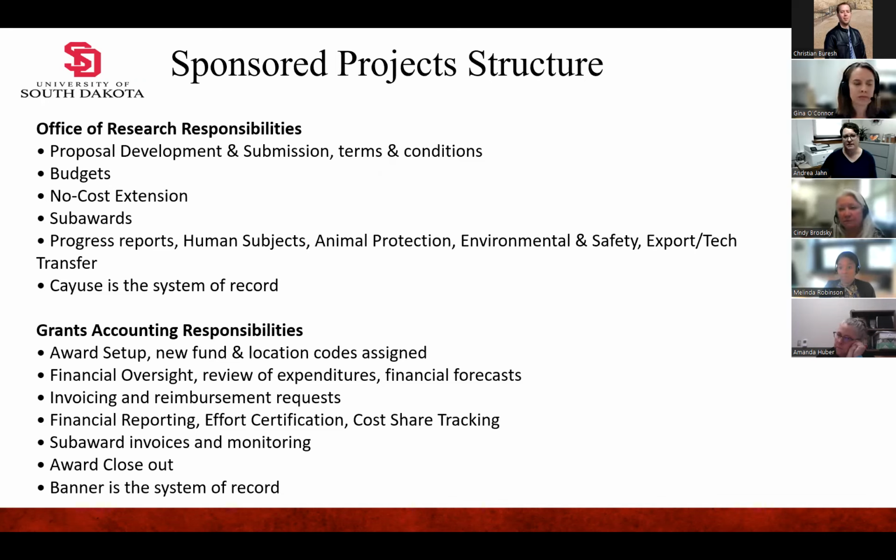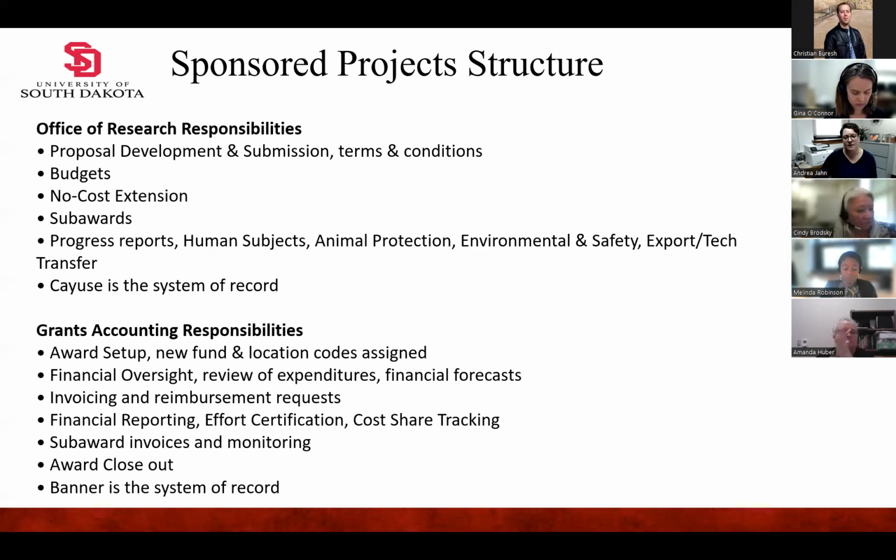And that the expenditures are in line with the project. We also have oversight over payroll, who's on the projects, the effort of individuals on the award,